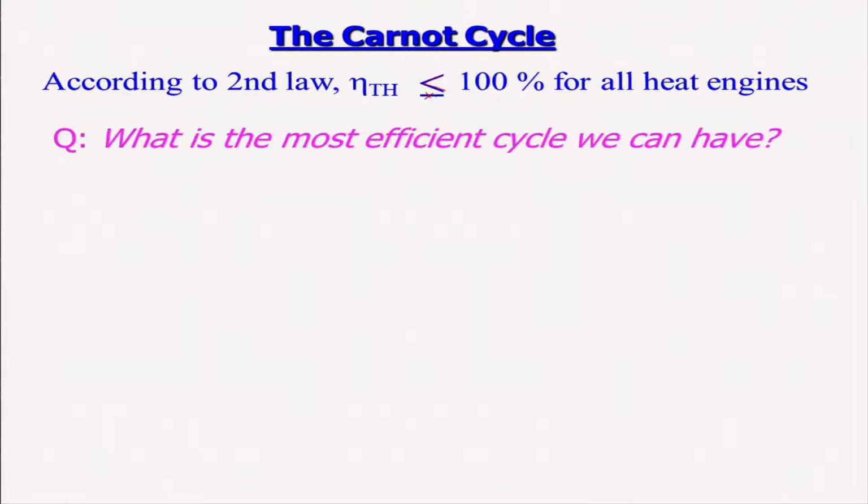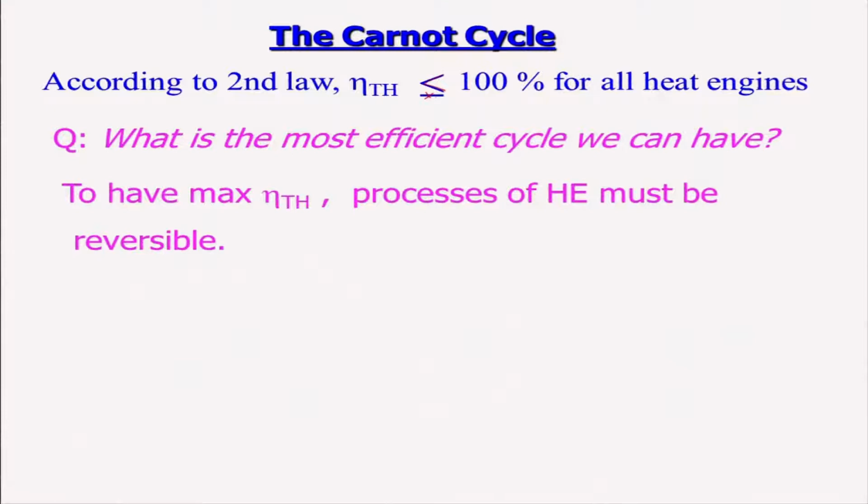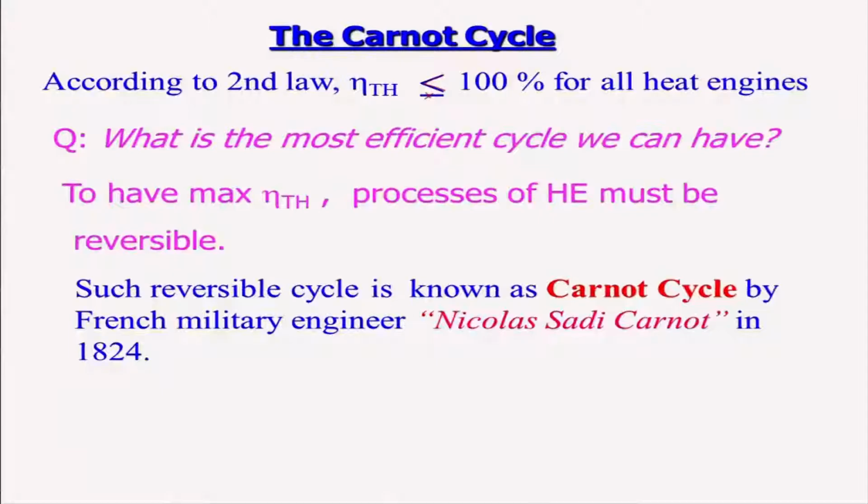So, what is the most efficient cycle we can have? Because we are interested in having a heat engine, and a heat engine is a cyclically operating device. We should always know what the most efficient heat engine is, so that we can achieve the maximum thermal efficiency. And that is possible only if the processes involved in the heat engine are reversible. These ideas were used by Nicolas Carnot in 1824,